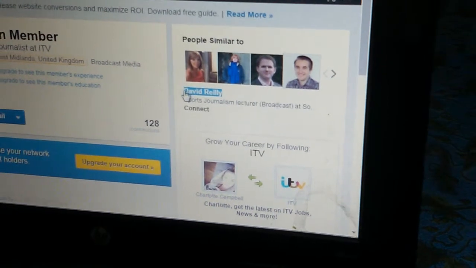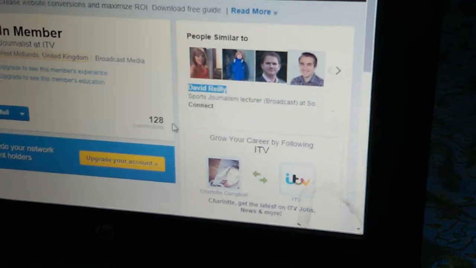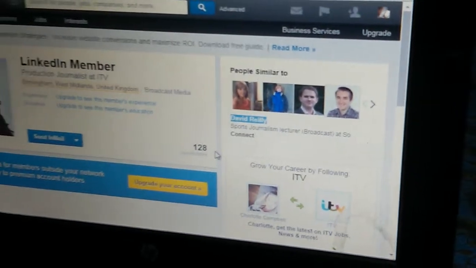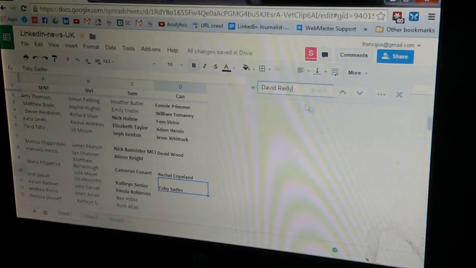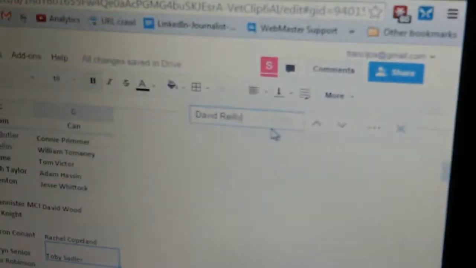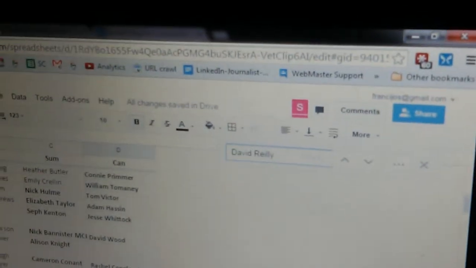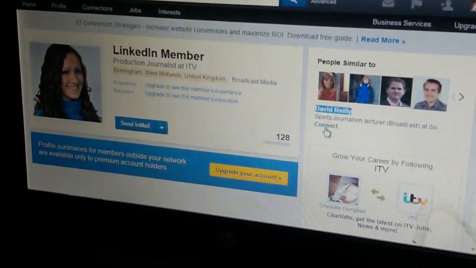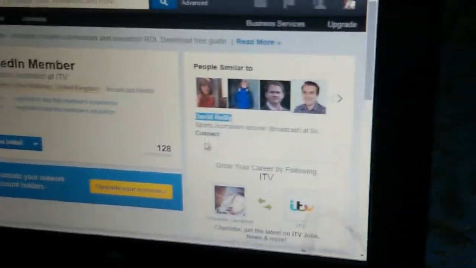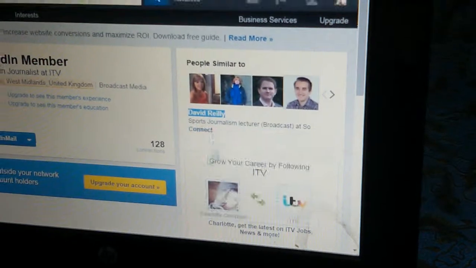David Riley, copy the name and do Control C. Change the browser window using Alt Tab, then do Control F and then Control V. It's searching for David Riley and it's again 0 of 0. That means it's not matching. So click on a particular cell in the Excel sheet, do a Control V, which pastes the name over there. Do Alt Tab, which takes you to the other window. Go to the connect link over there, open that in a new tab and leave it there.